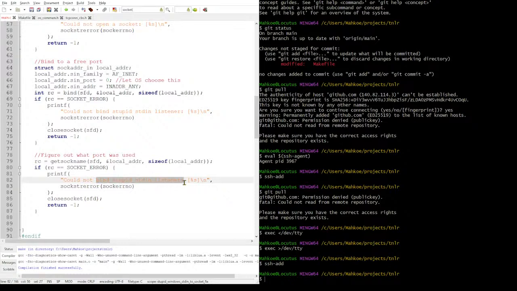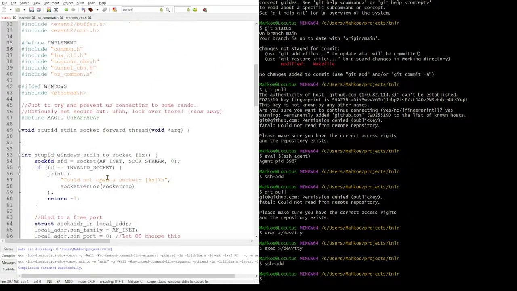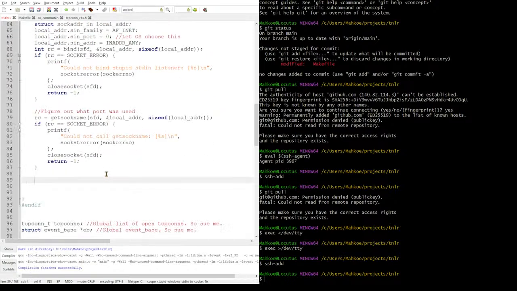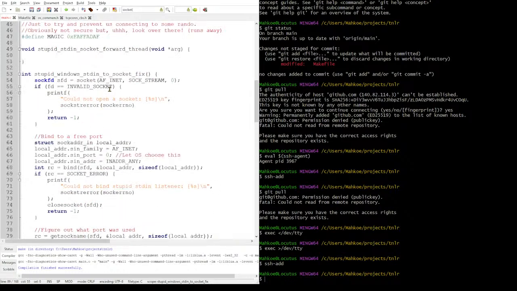Could not call getsockname, whatever. Okay. Oh, int local port native is equal to ntohs of local addr.sin_port. And